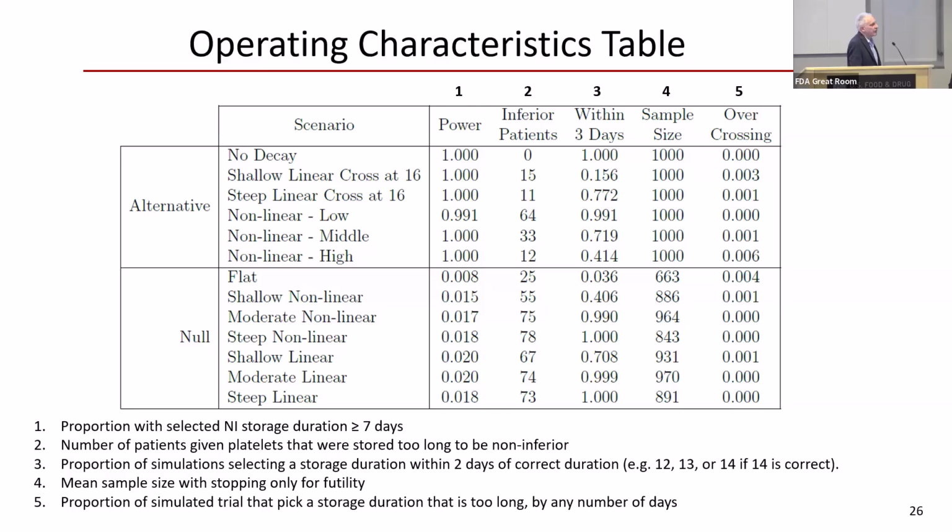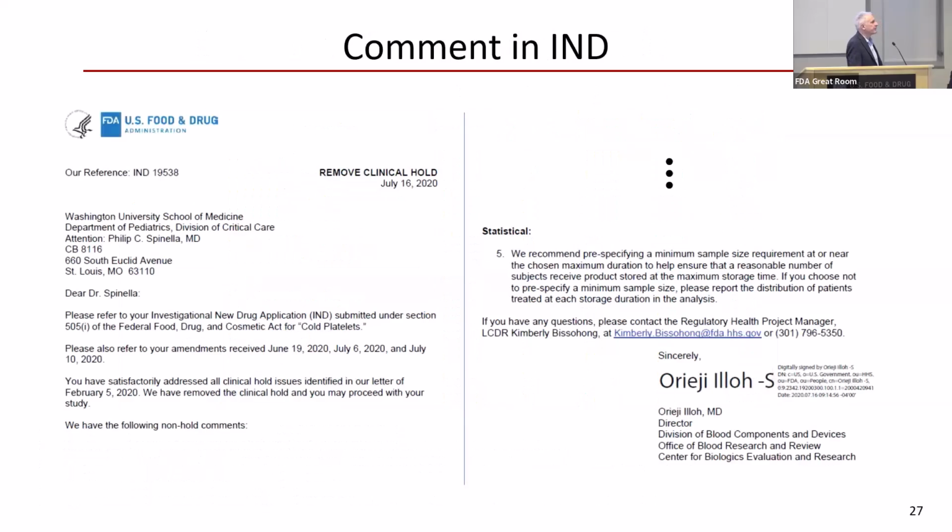And overcrossing is the frequency with which the final result for the trial includes a day of storage, even one, for which the platelets would be inferior to the warm stored platelets. That's obviously something we wanted to avoid. So I just want to point out that the original letter on the IND in which we removed the clinical